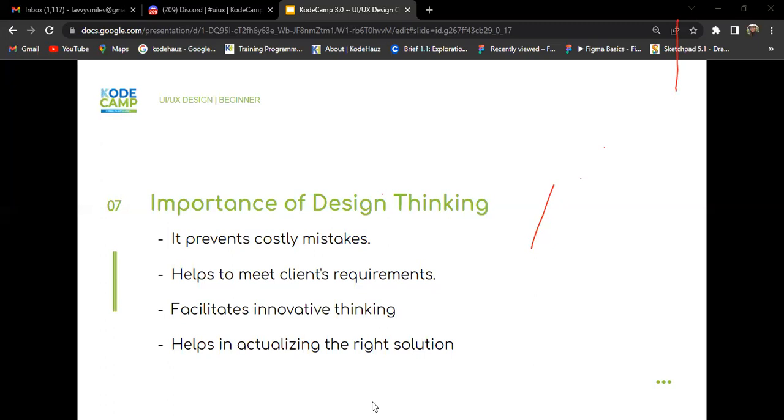Because like I said, I think I mentioned this, that as UI/UX designers, we're problem solvers, okay? So we tend to come up with solutions to problems. A company comes to you and tells you, for instance, in Lagos State, that people find it very hard to dispose their waste. Can you come up with an application, or maybe the person says, can you come up with a product or a platform that helps people to dispose their waste